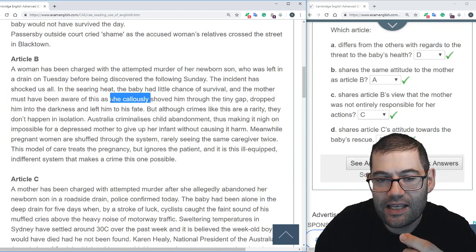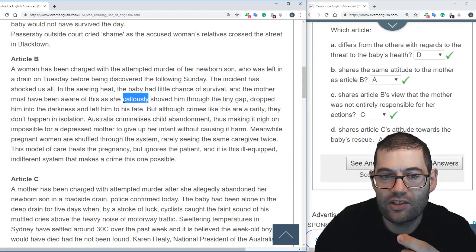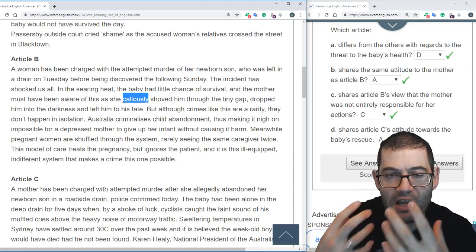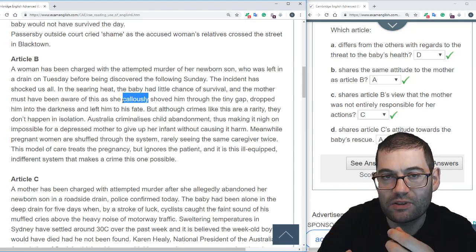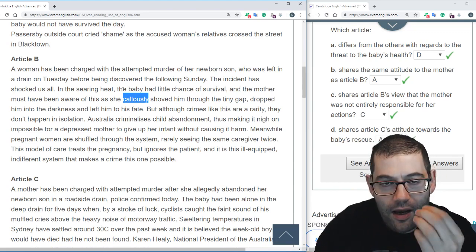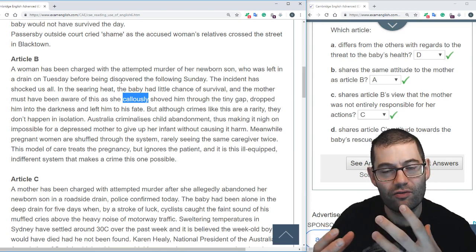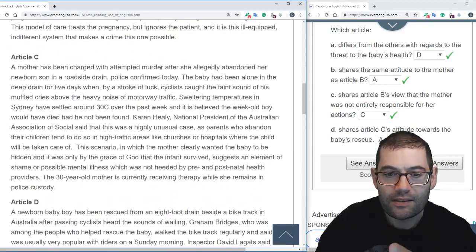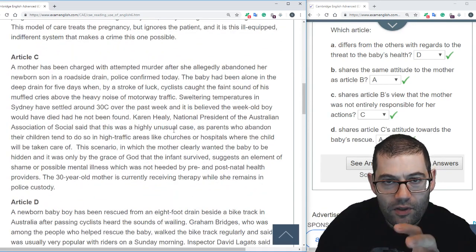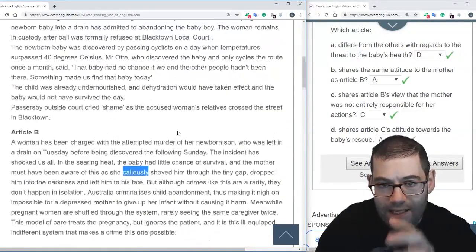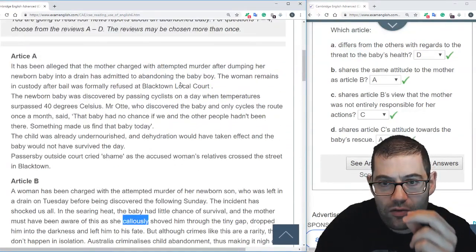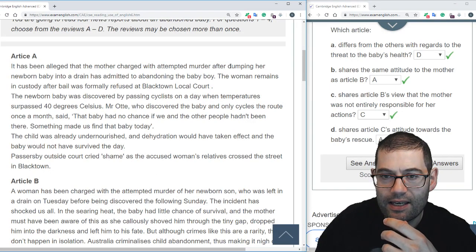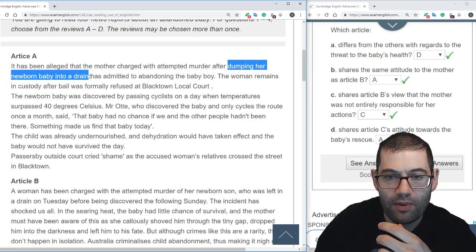So callously shoved him. So we got an adverb here that suggests attitude, and that attitude was that she was cruel, that she's a nasty woman, nasty piece of work, and she wanted to kill her baby. Which other article actually reflects attitude through choice of adjective or through choice of adverb in a similar way? Well, C doesn't. C doesn't look at the motivations of the woman, nor does D. The answer is A, because A also uses vocabulary in a negative way, and that's here, dumping her new baby